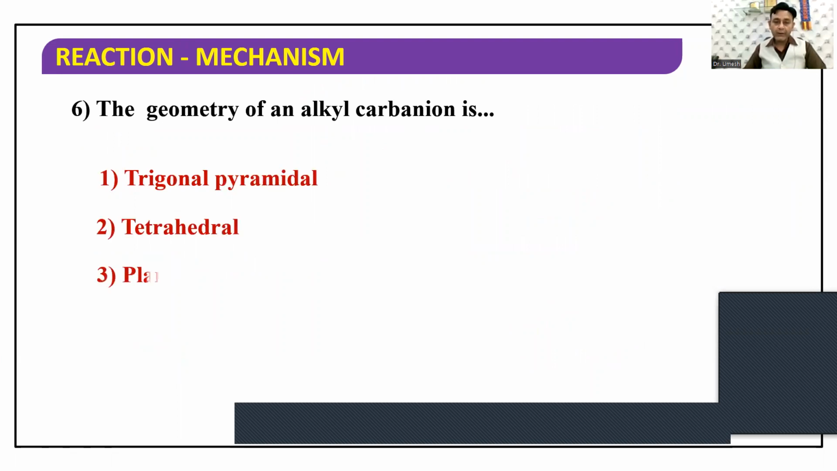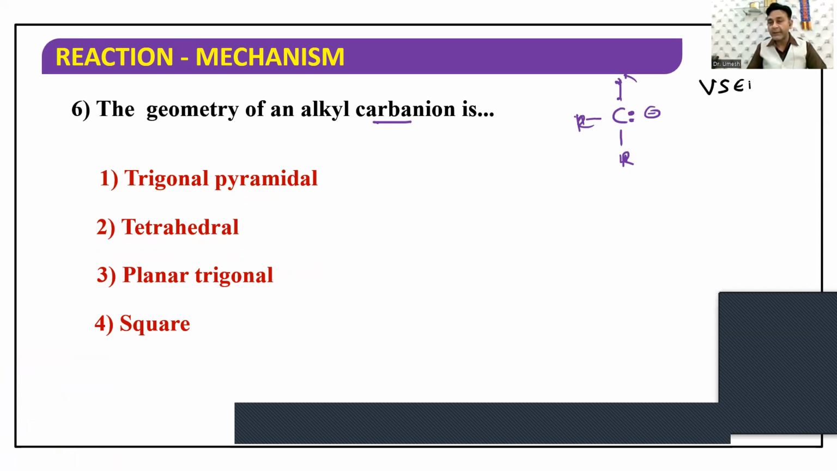The geometry of the alkyl carbanion. The carbon has one negative charge, we know that, and this is the alkyl carbanion. You can see it has 4 pairs of electrons. And from the VSEPR theory of chemical bonding, whenever we have 4 pairs of electrons around the central atom, they will align in a tetrahedral geometry